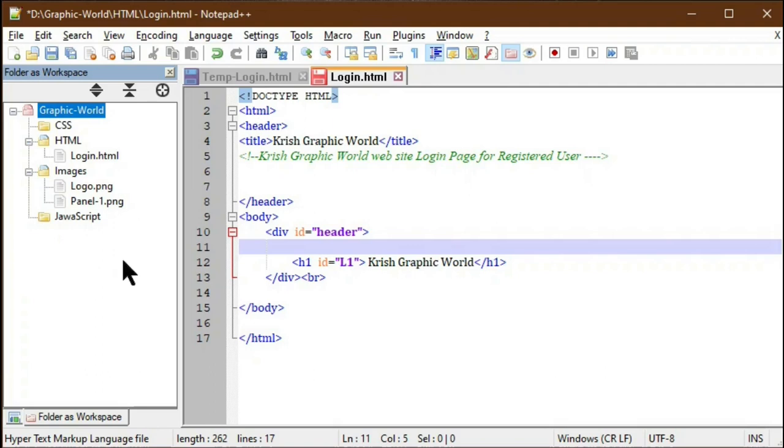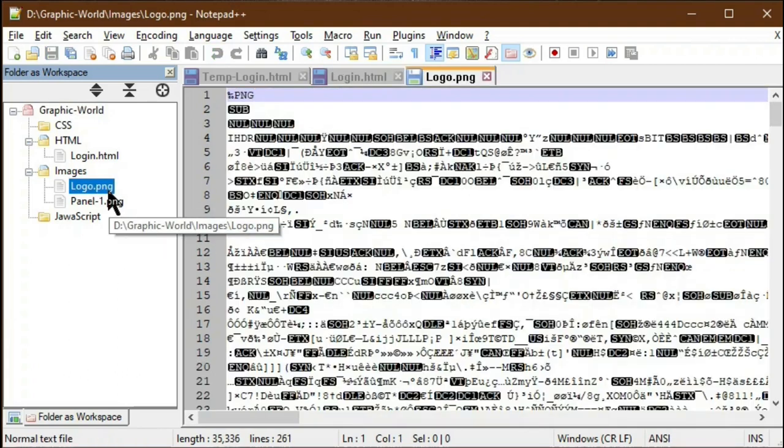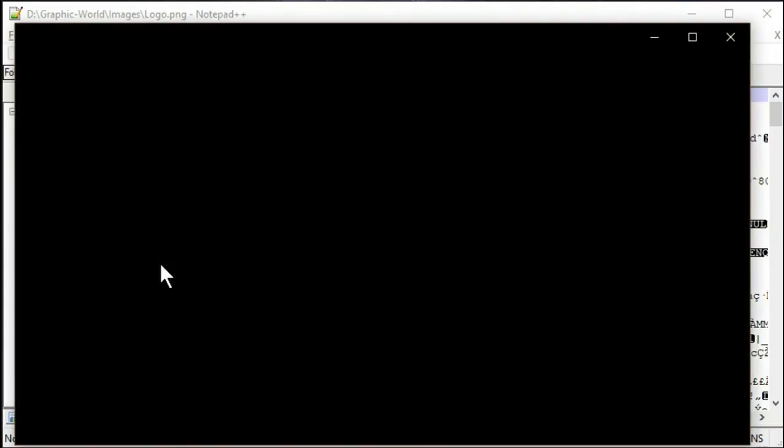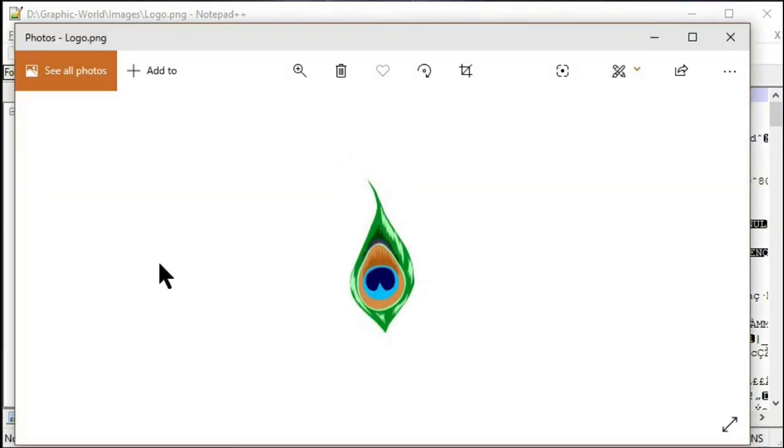After adding, we can also see what the image is. Suppose I click the logo image, it shows only script code in the edit screen. Instead of that, you have to right click it, then run by system command, then it will open that image in the Explorer window.